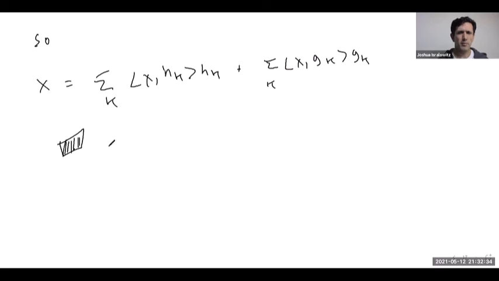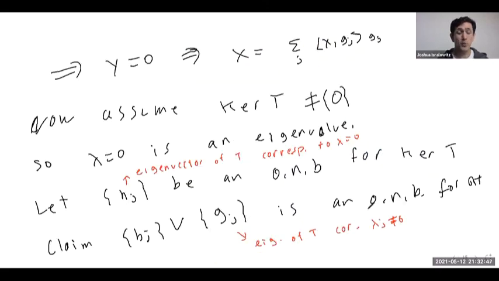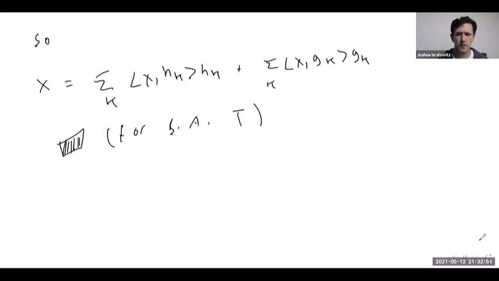So that takes care of the proof for self-adjoint T. This means that the union here is genuinely an orthonormal basis for H. Okay. All right,